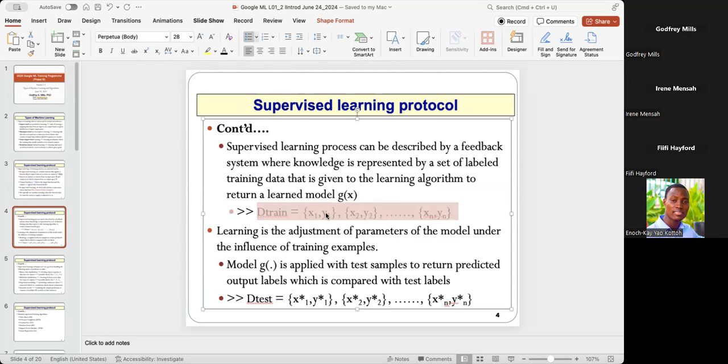And for each training sample, I have the input variable X. The subscript denotes the student. So if I have 5 students, S1 will be student number 1, S2 student number 2, all the way up to student number N. And for each student, I will have to define the same variables or attributes. And then I will tell the function that